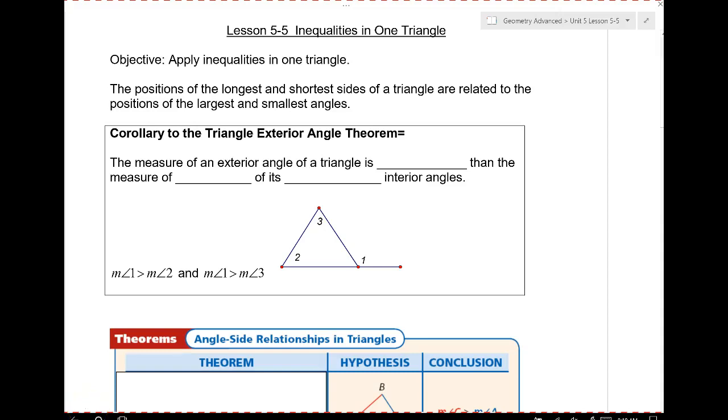All right, so today we're still learning in chapter 5 about triangles. Okay, so we've talked about points of concurrency, correct? We talked about perpendicular bisectors, we talked about angle bisectors, and by the way, for your quiz and on the